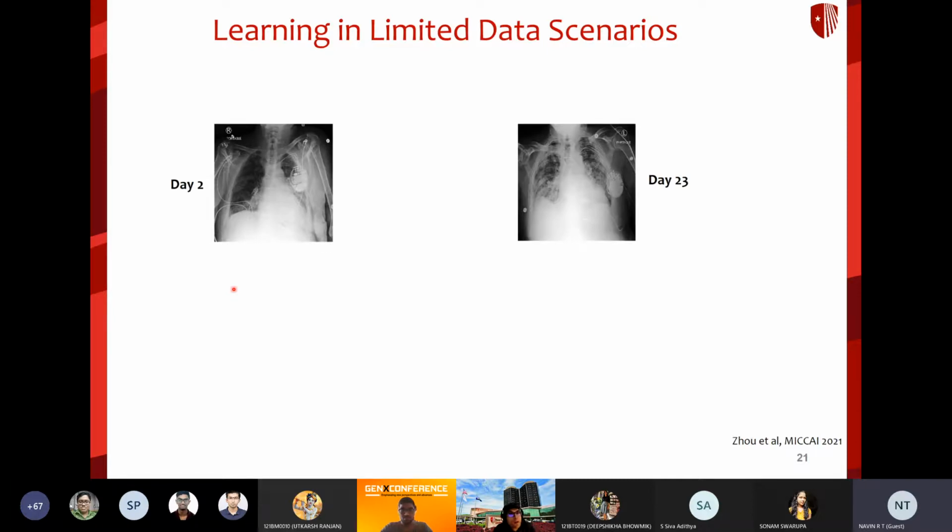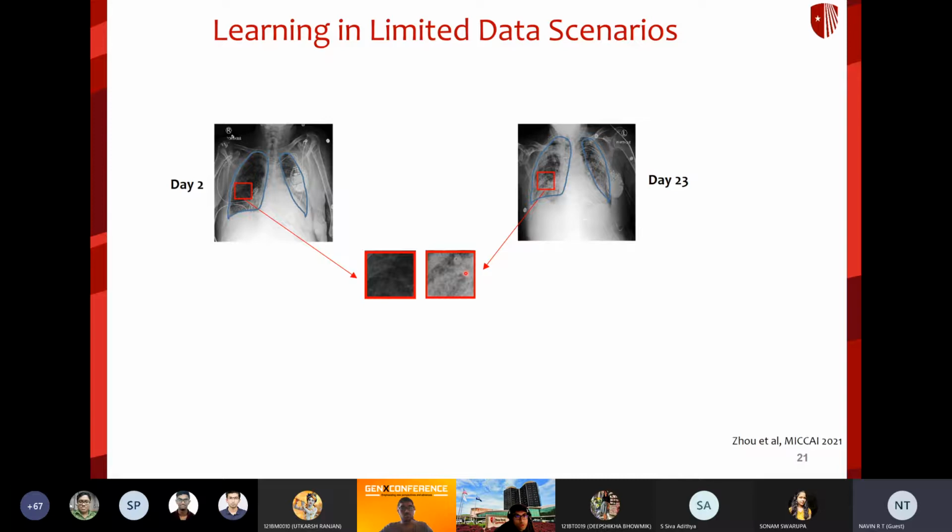So this work is based upon the hypothesis that the texture of a disease is related to the eventual long-term outcome. Here you can see a COVID patient on day 2, and you can see how the infiltrates aren't very dense. However, on day 23, you can see that the lung infiltrates present a very dense pattern. This is shown in a zoomed-in version right here. On day 2, you don't really see much infiltrates, and on day 23, you can see a high concentration of these infiltrates.